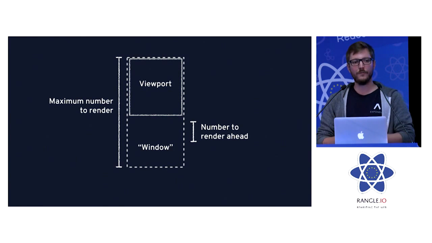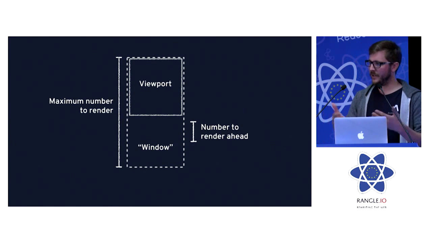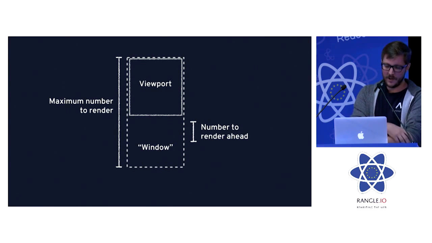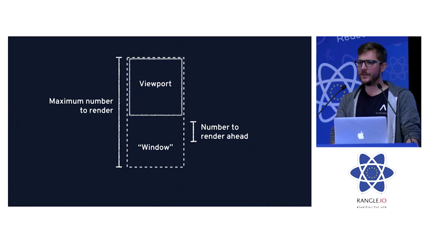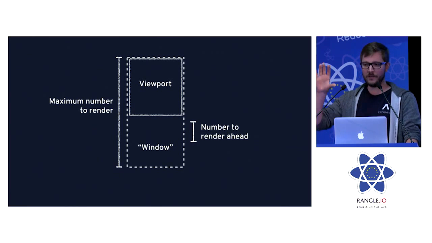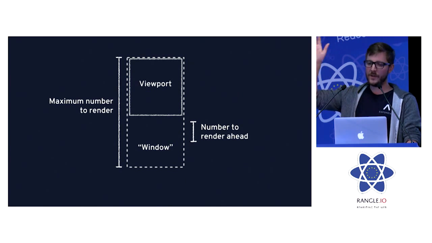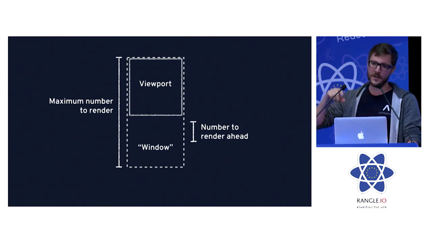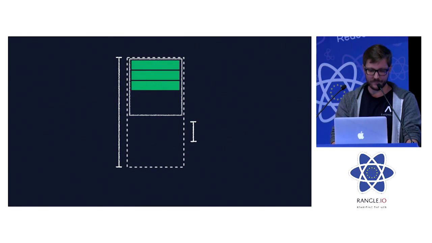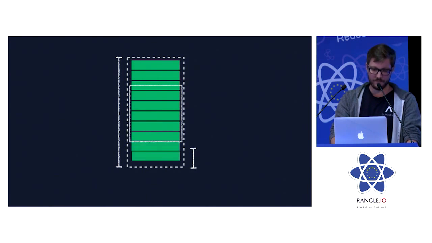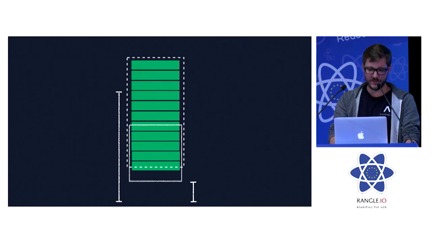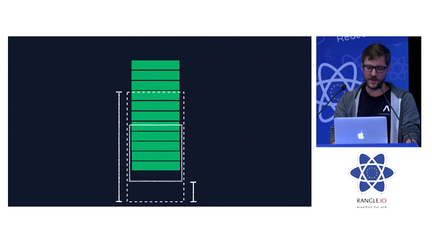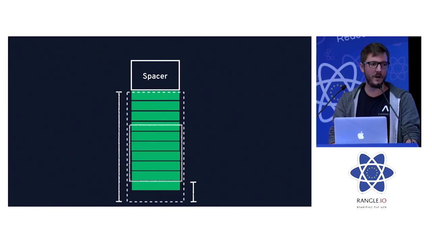So to solve the problem of having all of these views, thousands potentially, in memory at a time, Spencer, who works at Facebook on the React Native team, came up with something called windowed ListView. What it does is, rather than just having the viewport and some render ahead distance and keeping all the rest of the rows in memory, it will just render rows within a certain window and then remove the rows as you scroll past that. Now the viewport moves down. We can see that that's shifting the total number of rows that we're going to render. So we shift our window down, and then we replace the other rows up above with the spacer,